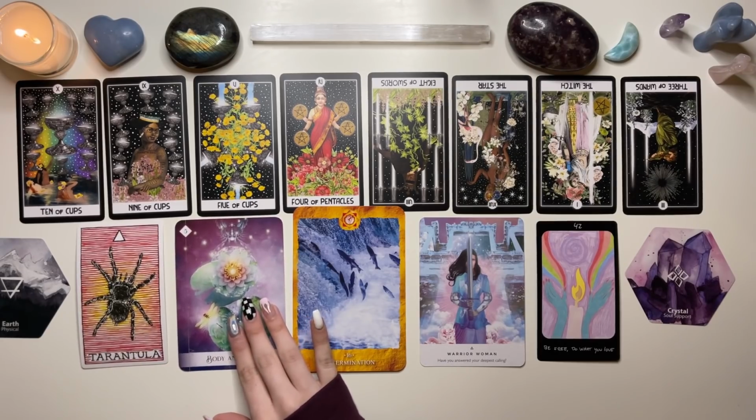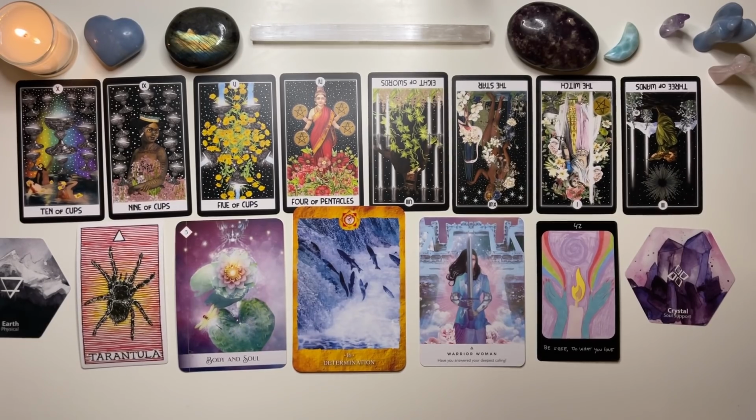So with this body and soul, Spirit wants you to start recognizing that your body is just an extension of your soul, if that makes sense. And one way to look at this is to look at people and how they express themselves, like how their house is decorated, and how they dress, and how they act, because our body really is an outer way to express our inner soul. So I think a good example of this is